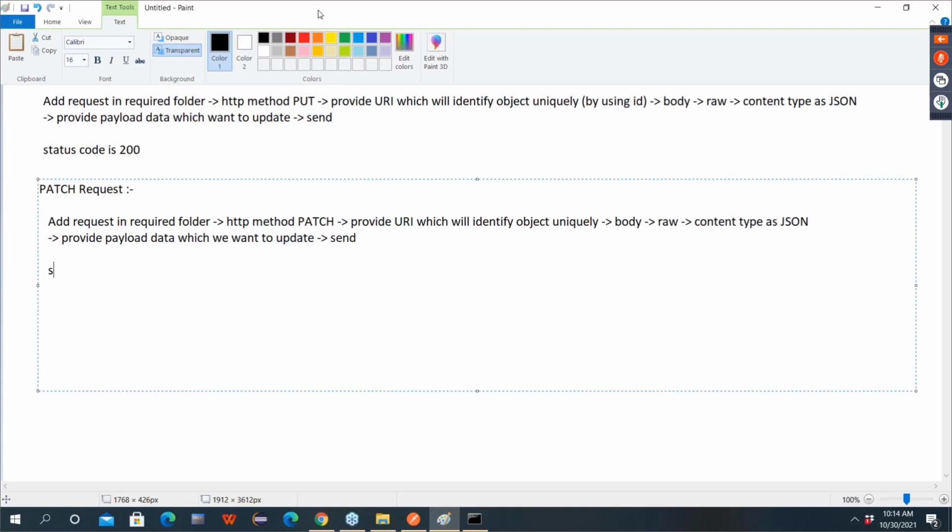And guys, again here the status code for updation is 200. Okay, and now we can make one note point, guys. I'll give this note later at last. First note down this.